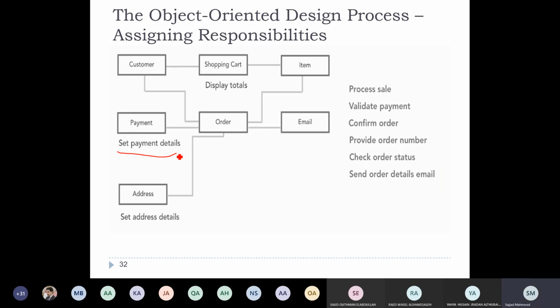Correct? You can have PayPal, you can have credit card, debit card, and so forth, or even cash on delivery. So you want to have separation between them. You don't want to mix everything together. You don't want to end up in a scenario where you come up with an order,